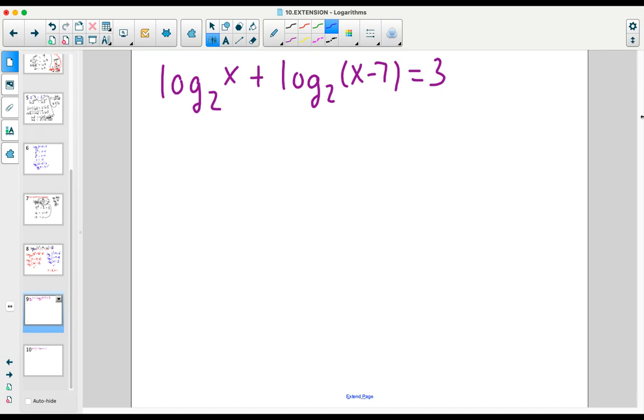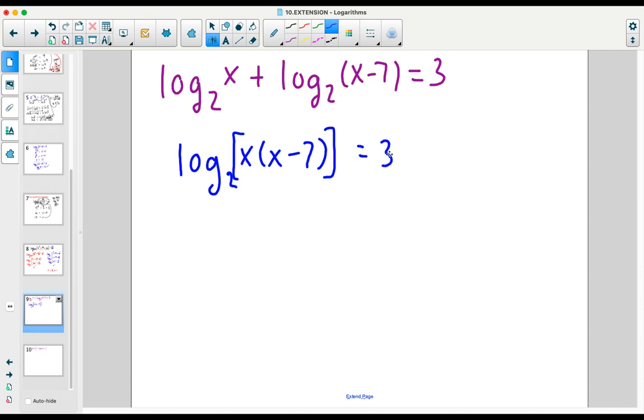In this example of a logarithmic equation, we have to combine our understanding of logarithms and their definition as the inverse of an exponential with those rules that we've already identified for manipulating and simplifying logarithms. Because we have the sum of two logarithms here, our product rule for logarithms suggests that we're going to be able to combine these two logarithms, because they share the same base, into one singular logarithm of the product